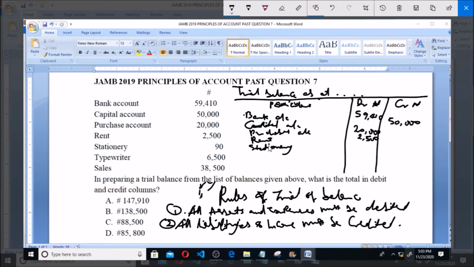We have typewriter. Typewriter is also an expense, which is 6,500 debit side. We have sales. Our sales is an income, because when you sell you make money, so sales are income. We have sales 38,500, which is on the credit side. So when we add up the credit side, we add up the debit side, we have a total of